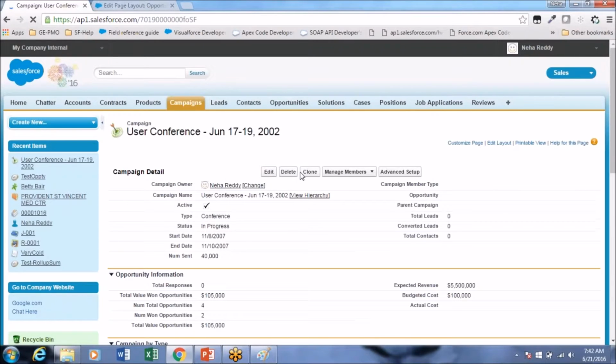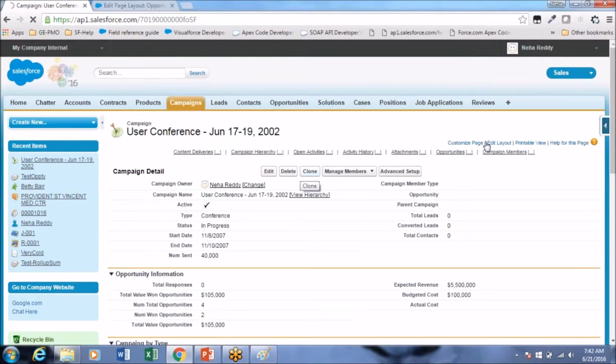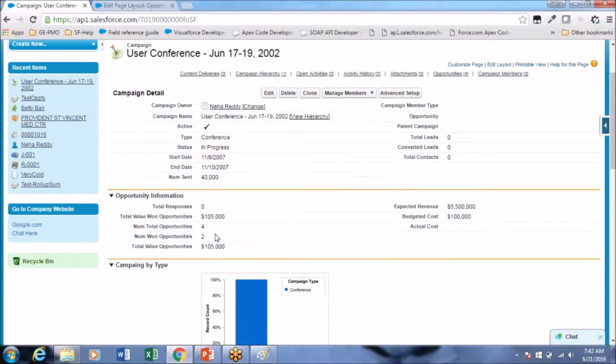So now I can see the buttons. I am editing this through this permission edit layout. If he is a system administrator, he can edit layout and he can do whatever he wants. But if he is not a system administrator, a sales user or a sales manager, he will not get this edit layout option at all. So he will not be able to edit the layout. Only system admins can do this, editing the layout and assigning it to the profiles.